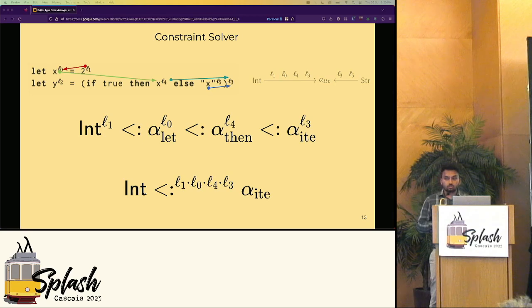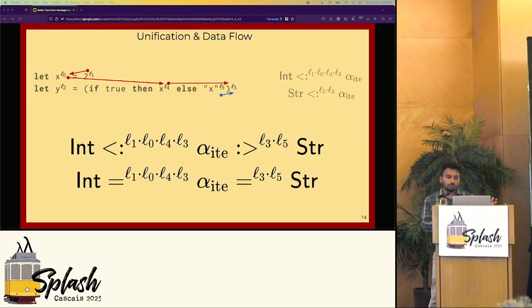And it's the job of the constraint solver to propagate all the locations into a final form which cannot be propagated further. So the 4 constraints that you see get compressed, translated, or canonicalized into the second constraint that you see, which has all the locations for that particular data flow. And from this data flow, we can now create a complete data flow for this expression. Here you see that an integer is flowing into an A, a type variable, and a string is flowing